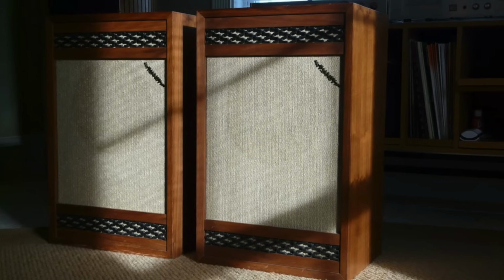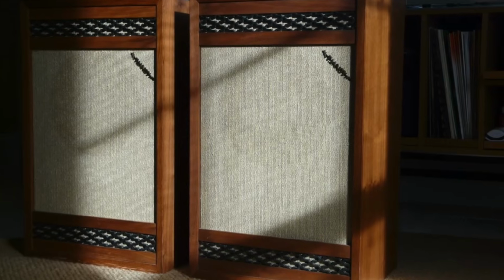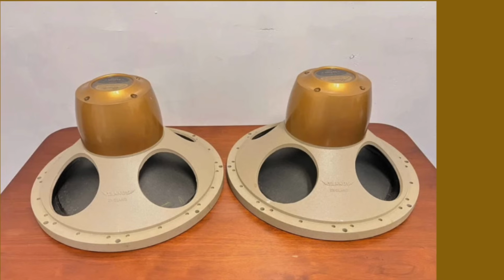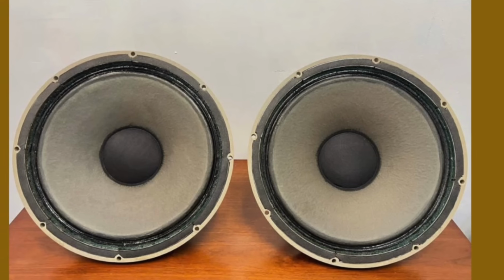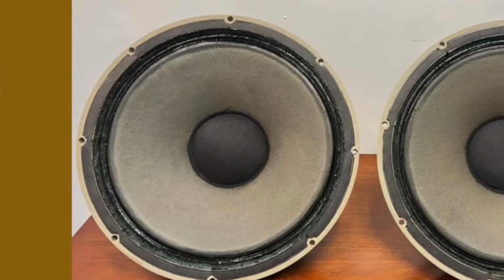Let's explore the enduring success of Tanoi's brilliant dual concentric speaker technology, focusing on their revered vintage models, particularly the iconic Gold Monitor. First developed in 1947, Tanoi's dual concentric design places the high-frequency tweeter right in the center of the mid-bass driver's voice coil. This creates a single point source for a more coherent and natural soundstage, becoming a hallmark of the